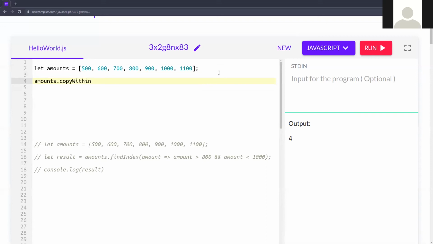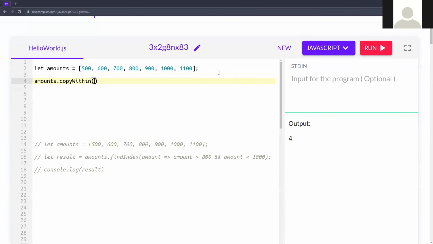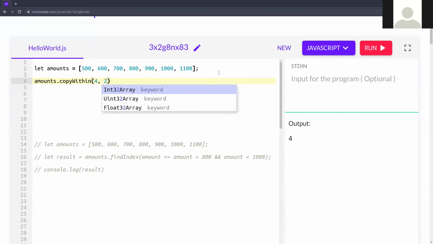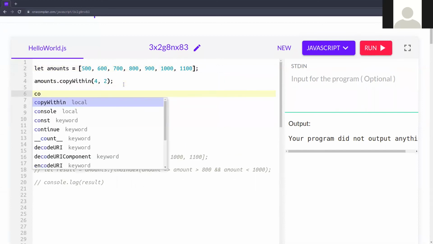In this copyWithin, I'm giving 3 comma 4 comma 2. So 4 means 0, 1, 2, 3, 4, this one. So these values replace the ones at 0, 1 here. Wait, I need to console log, I need to print that value.